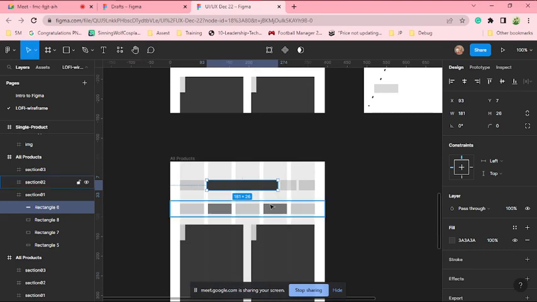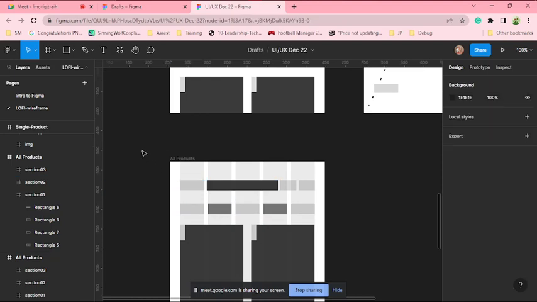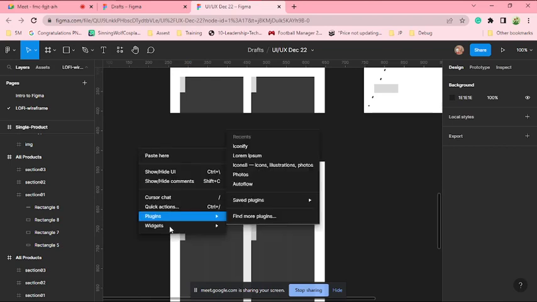So I'm still going to be working with black and white, or maybe I can decide the color I want to use. But first thing is I want to turn this into the menu section. So I'm going to click out and right click. There's something we call plugins in Figma. A plugin allows you to access